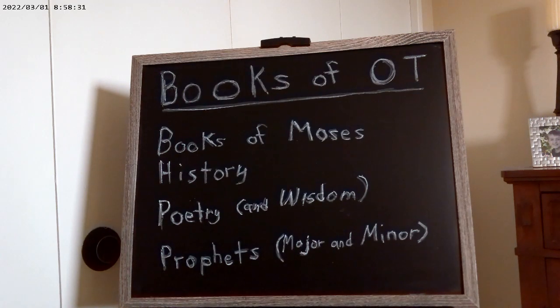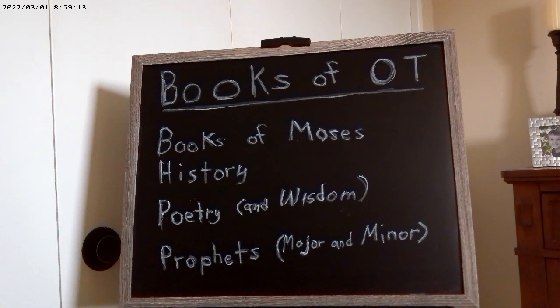Remember, there are 39 books in the Old Testament, and they have traditionally been divided into groups. And so we're going to look at those various groups. The first group is the